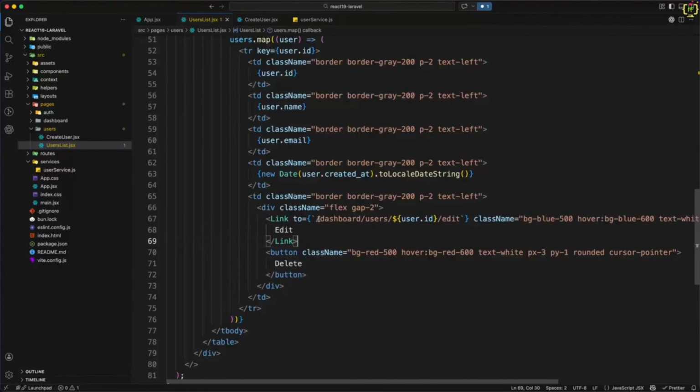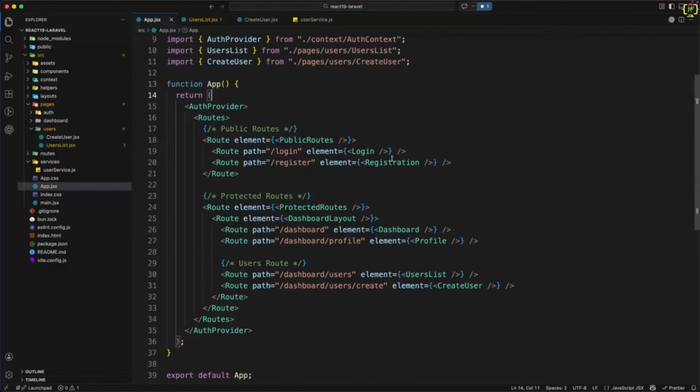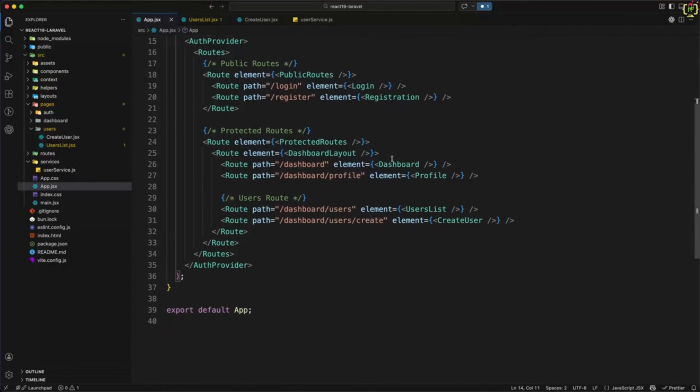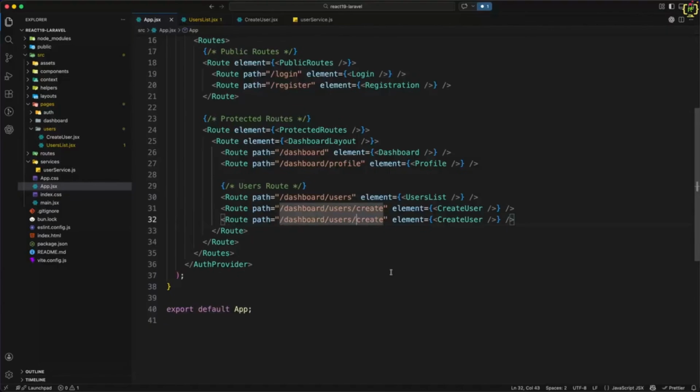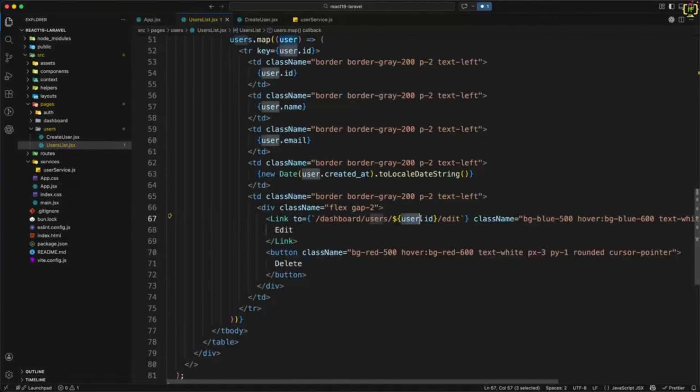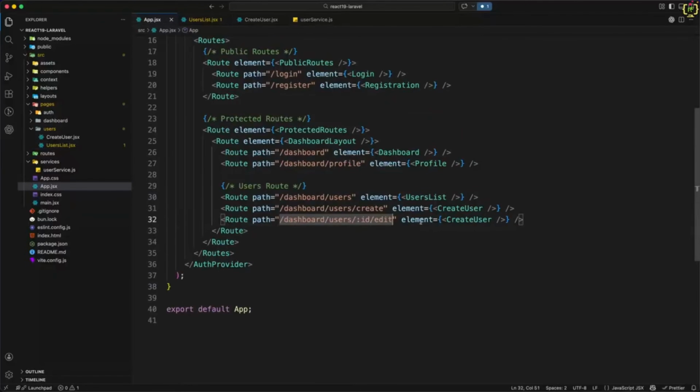Okay. Now respectively, we will have to create this route in the app component. So here this is our public and protected routes added. Now similar to this, I will create one more route, and after this users, we have to pass the dynamic segment as, let's say, ID. Okay. And here we'll change this to edit, because here I have specified ID/edit. So now we have the same route definition added here, and I want to render the same component as